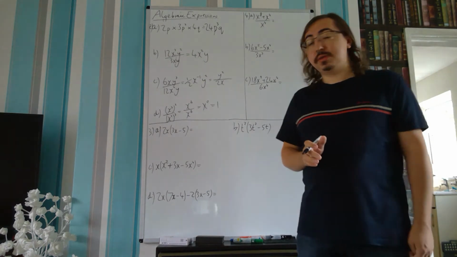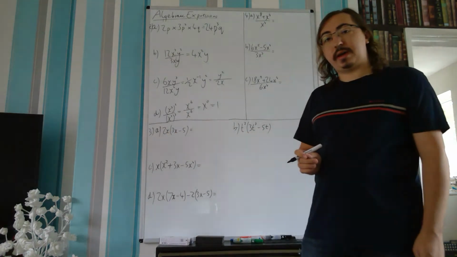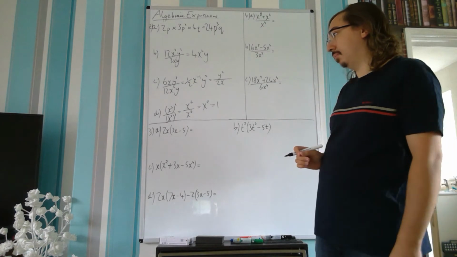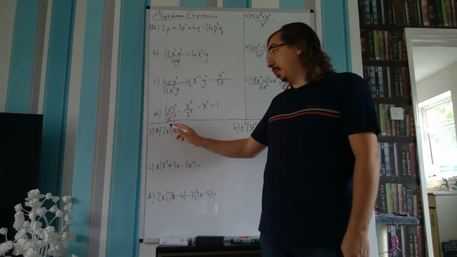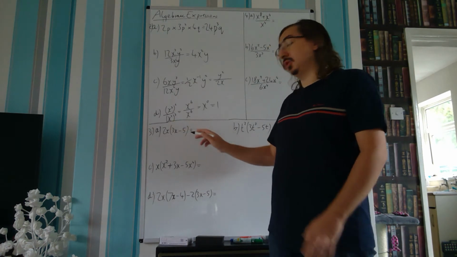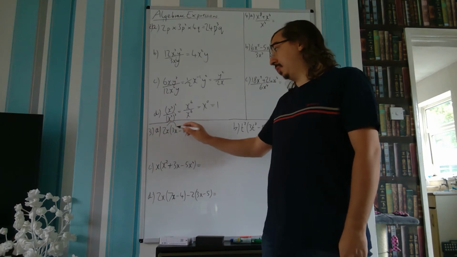Moving on to the questions in 3 then. So 3a, we've got 2x times 3x minus 5 in the brackets. Now with our bracket expansion, we multiply the term on the outside with each of the terms in the brackets. So first of all, we have 2x